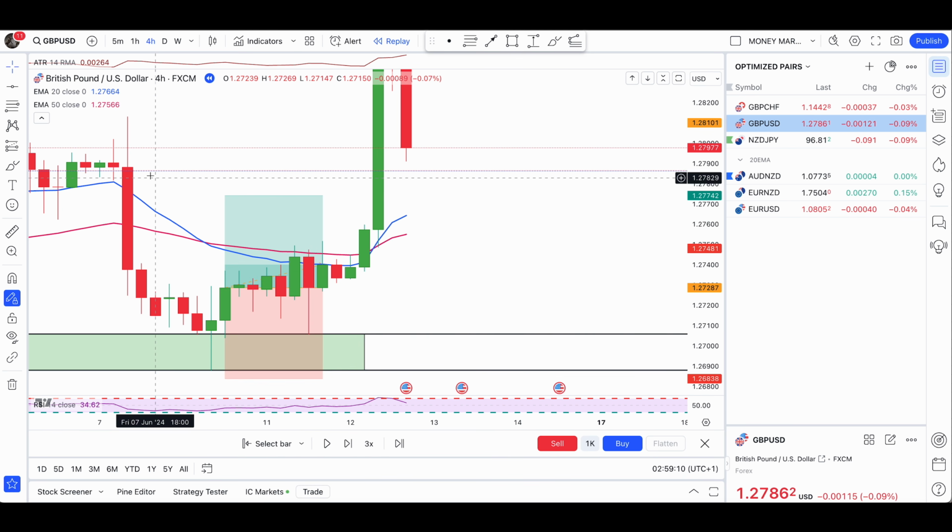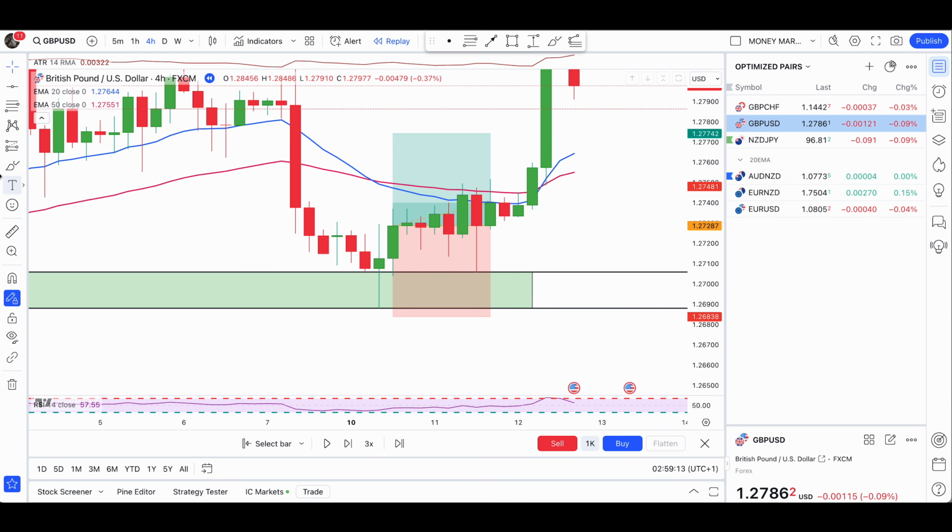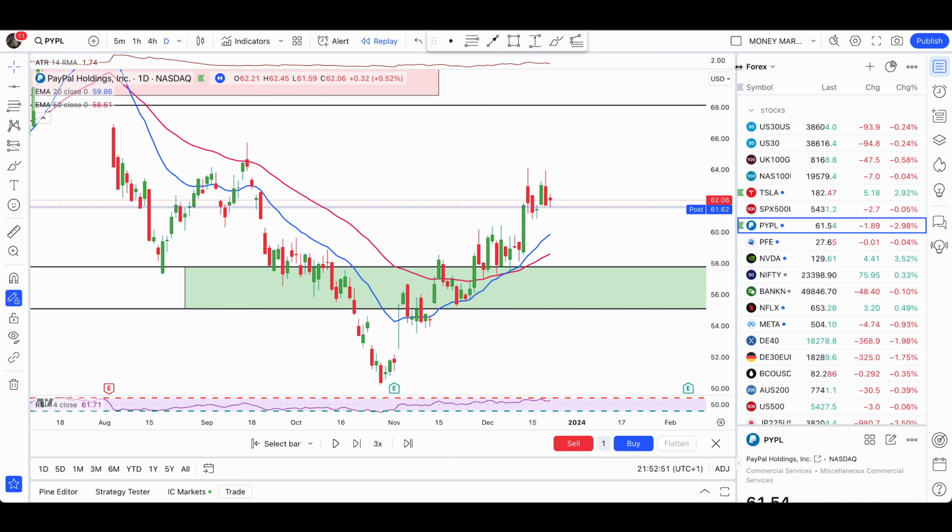Rules must be objective. Double check your entries, double check your candles. For example, if it's a valid 382 candle or not, if the body is above the 382 retracement, if it's a valid 25% candle or not. Sometimes you get confused with these types of candles, which are indecision candles, and you take wrong decisions by entering a buy or sell trade. So let's look at some examples of a